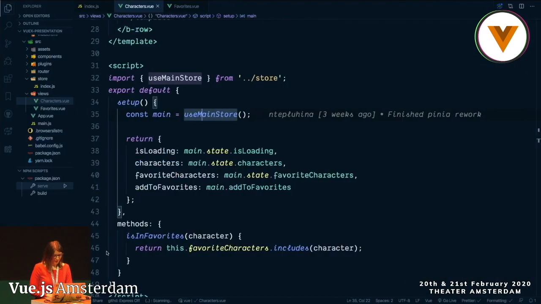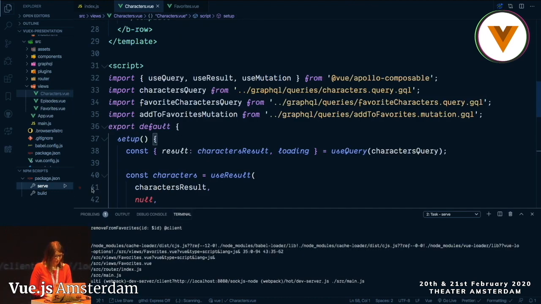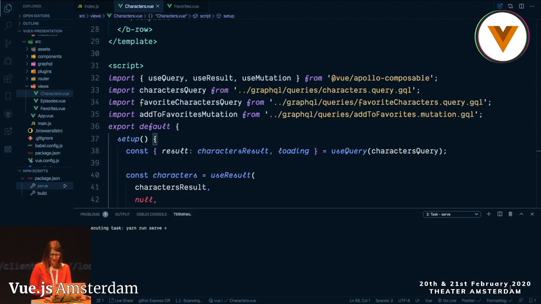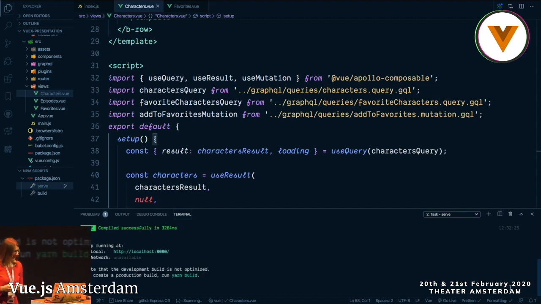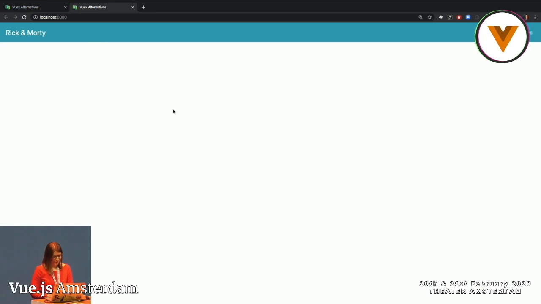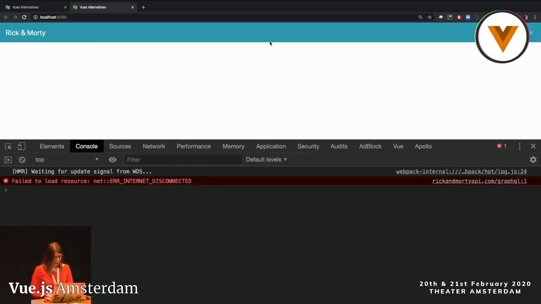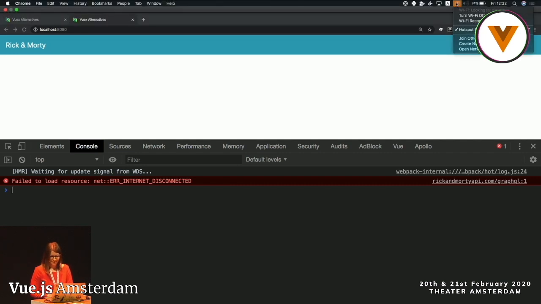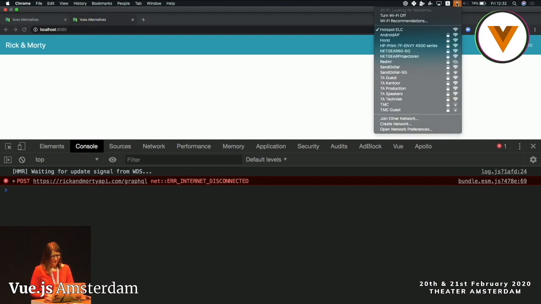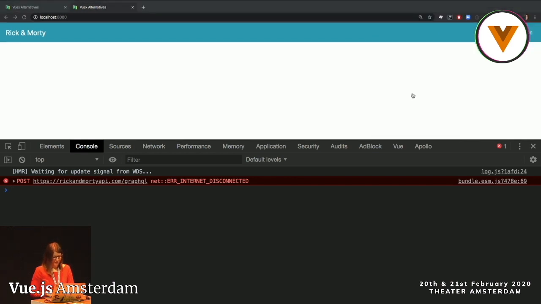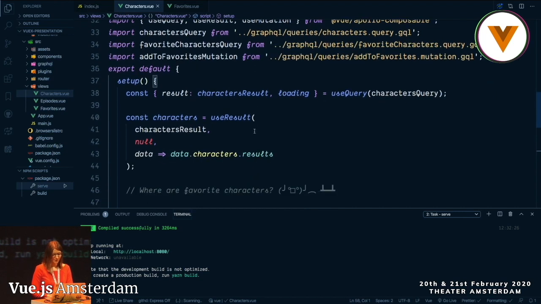So I go back to my IDE, we'll switch the branch to Apollo GraphQL, and we'll restart the server because, as you can see, it's failing immediately. I mean, live coding in front of 1,000 people, what could go wrong? OK. Now we have our server running. Probably we don't. Ooh, my internet is disconnected. And I have like zero hotspots shown. OK, I will try to, while it's trying to connect back, take a look at the code.